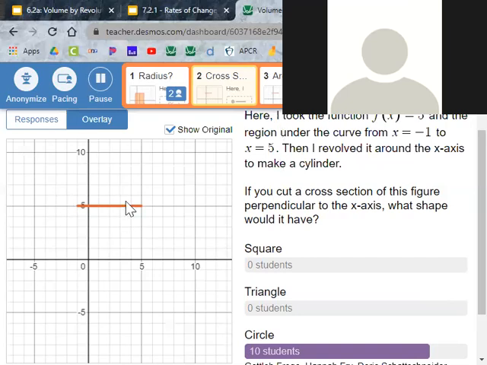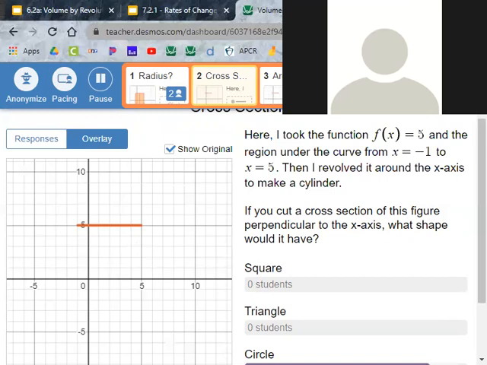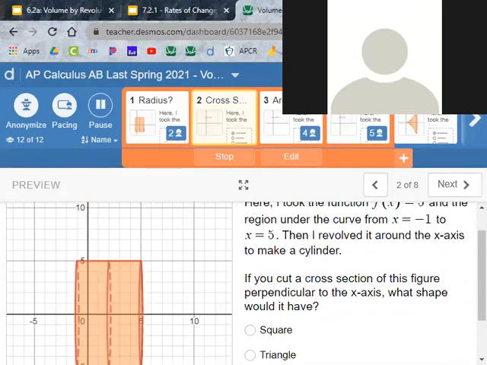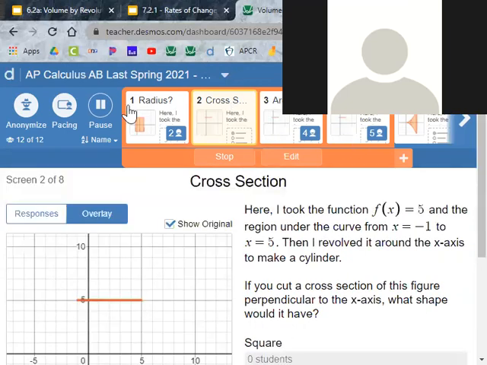When you cut it this way, when you see the full revolution, go to the student version. You cut it like this, you're going to get a circle. That's the big thing we wanted to see there. Building up an idea. All right, I'm going to pause you in 5, 4, 3, 2, 1. All right. Now we're going to look at the